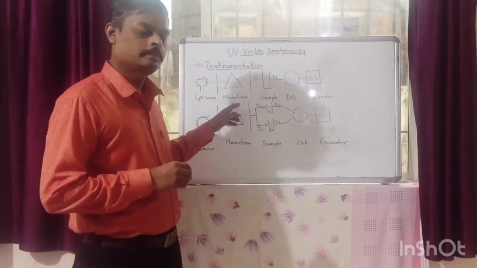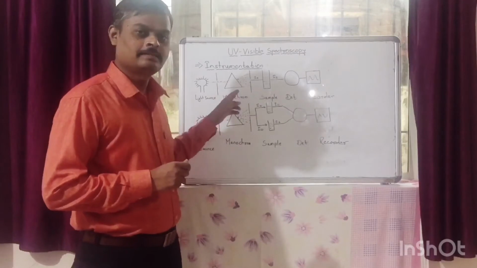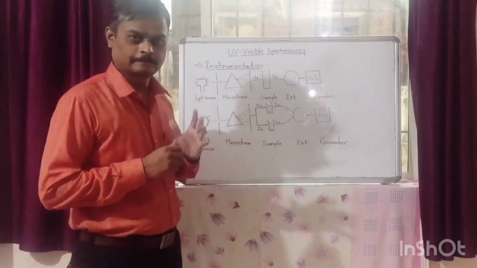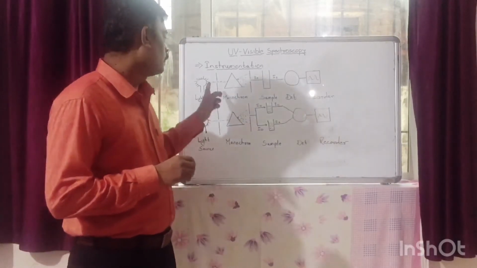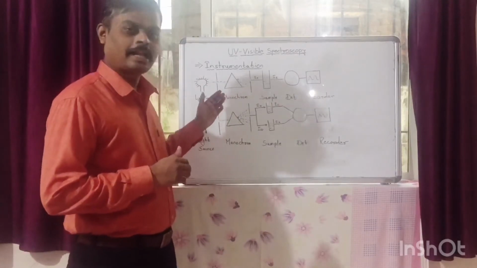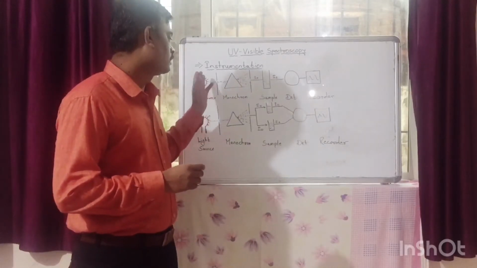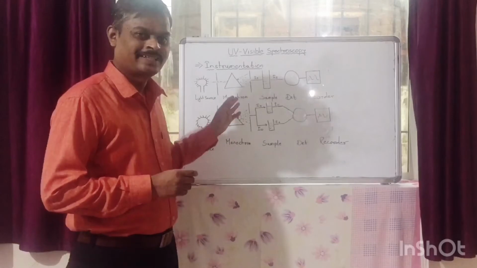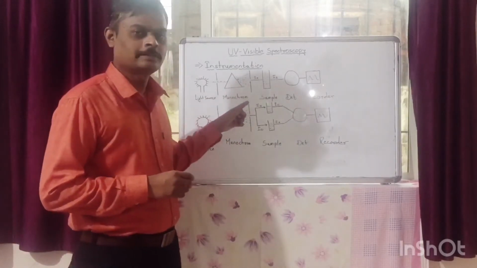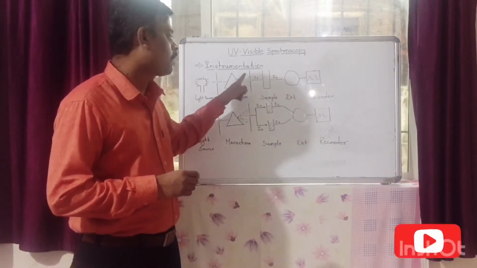A monochromator is made up of a moving prism or another device called a diffraction grating. When light falls on a prism, or when light travels from one medium to another medium, that is from air to solid, it changes its velocity. Due to the change in velocity, dispersion is observed.